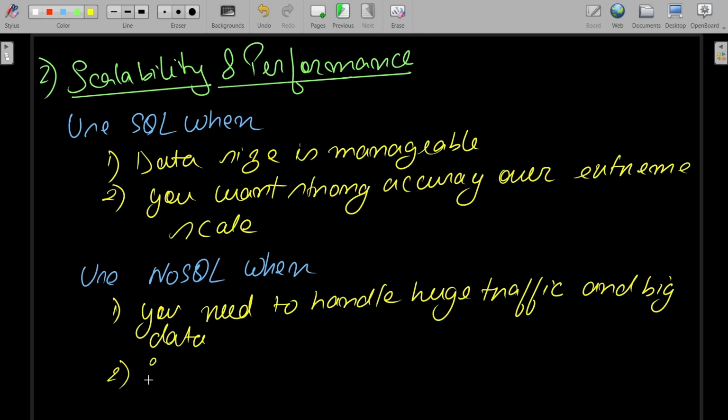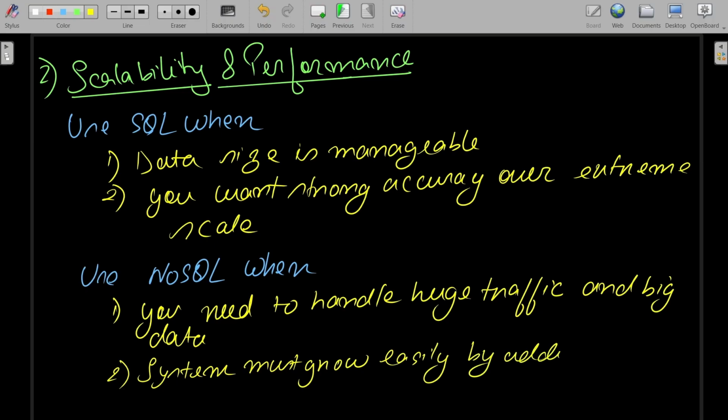Second, system must grow easily by adding more servers. Okay, so these are the things you should keep in mind when you are thinking about scalability and performance, on the basis of whether to use SQL or NoSQL. So when point one and point two match with the database type you want, then you can go ahead with SQL or NoSQL. Okay,